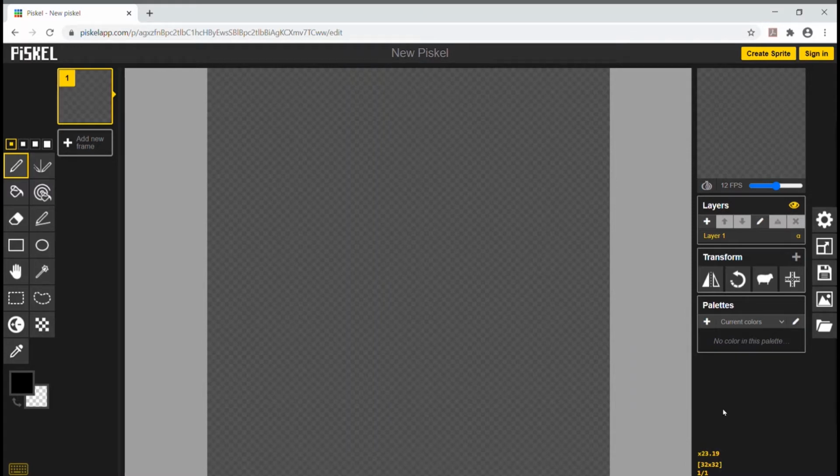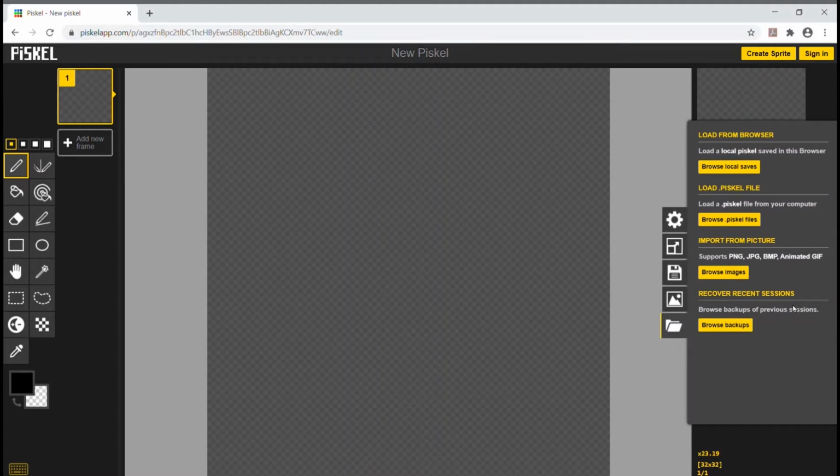So the first thing I'm going to do is open up the Space Invader file that I worked on last week, just so I can show you some of the tools and what they do. So if we go into this import folder here, click on this. You don't have to do this, but you can if you want. If you created a Space Invader, then you can try and do this as well. Or if you just create anything that you want to try and edit, well, you're going to go to browse .piskel files,